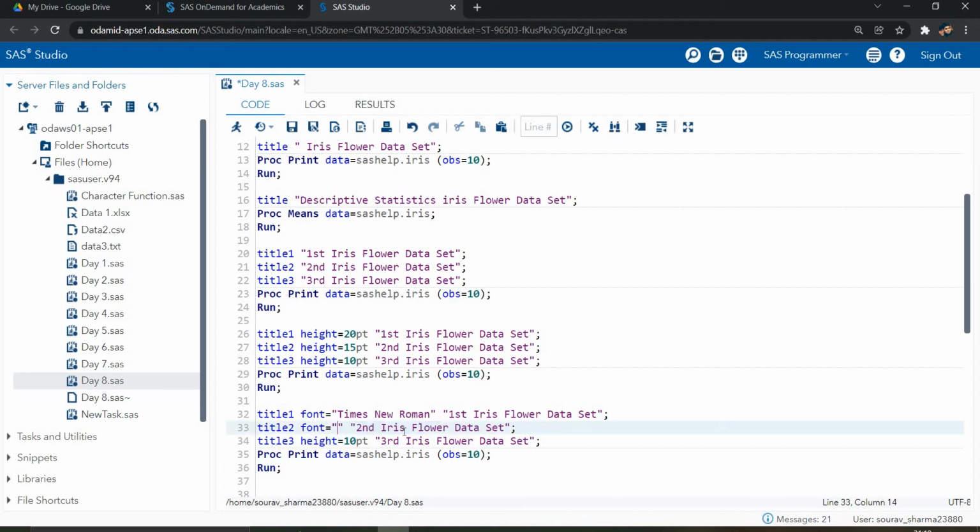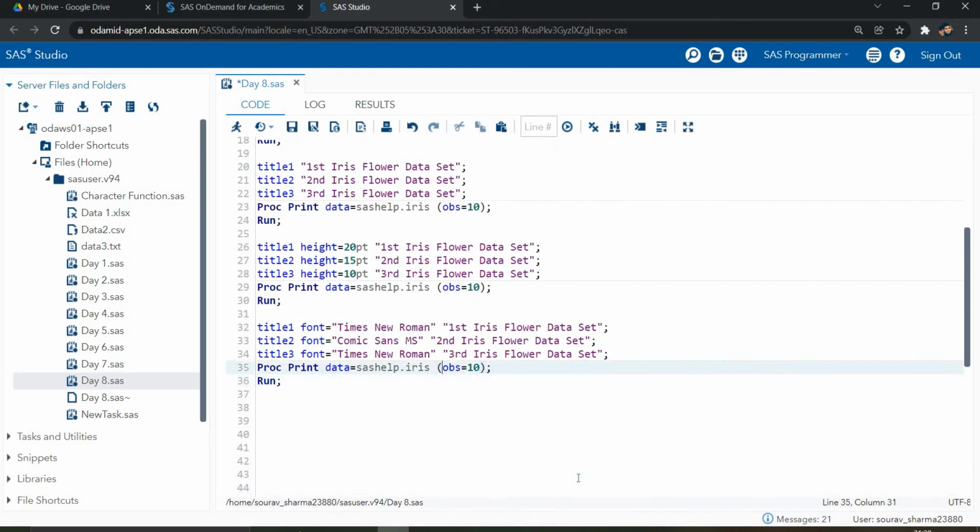Next format, I want Comic Sans MS. The format name you have to write in double quotes. If you write double quotes, it will identify the font you're looking for.